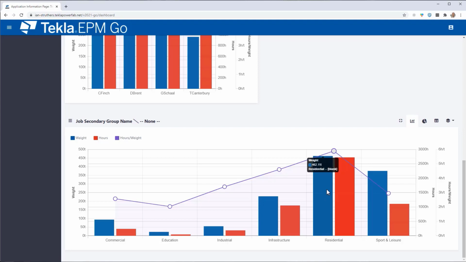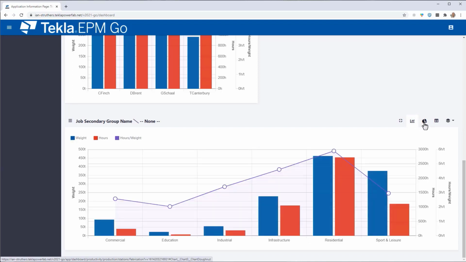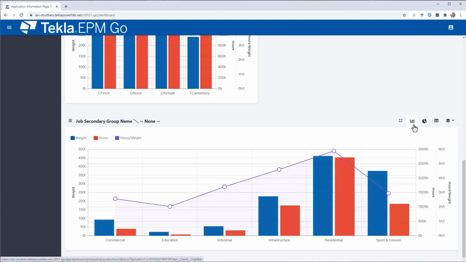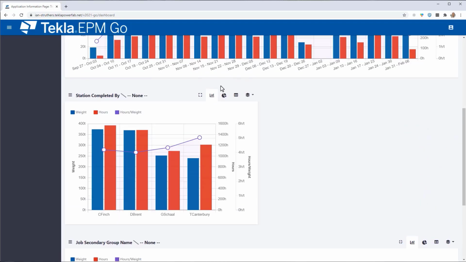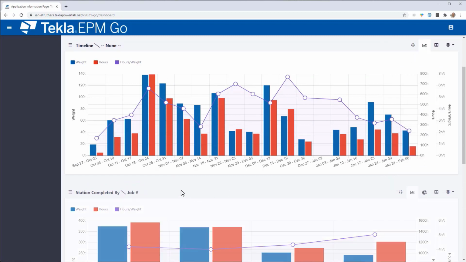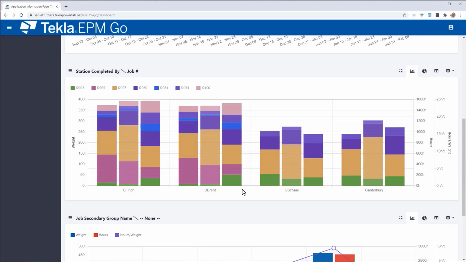A little bit more on the customizations. I've already shown you how we can toggle between a pie and a bar. It's actually a donut chart and a bar. So some information is better viewed as a donut, or some information is better viewed as a bar chart. We can also start stacking these options. So maybe on this one here, if I make this a bit wider, I can stack this by job number, so I can see that these are the jobs that each of these individuals have worked on.